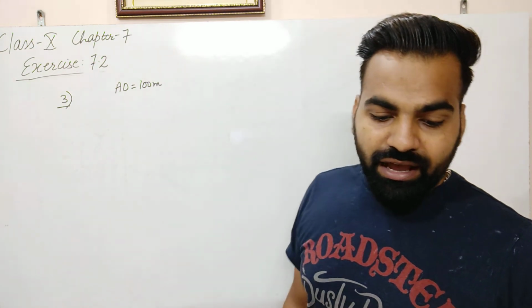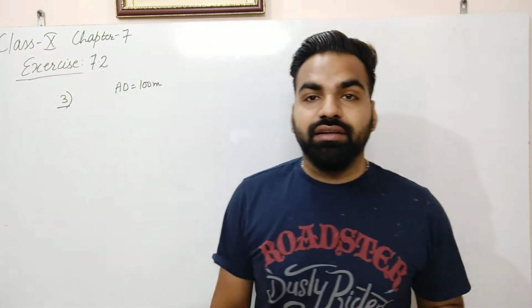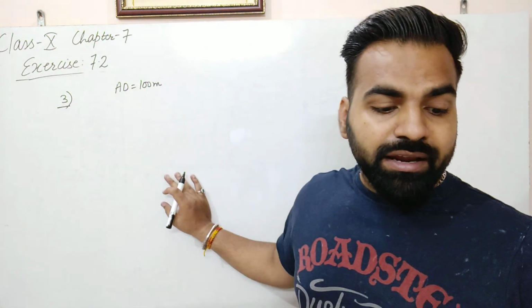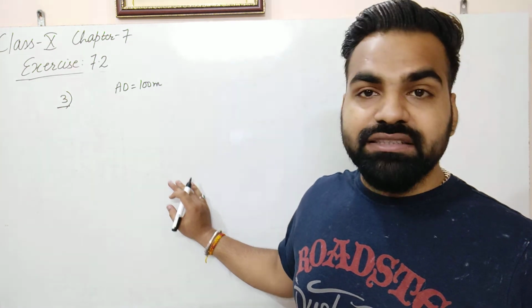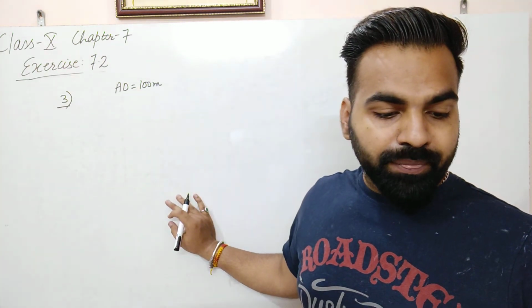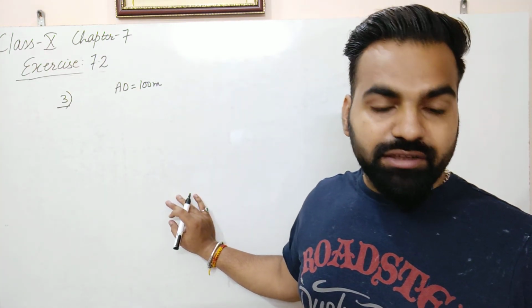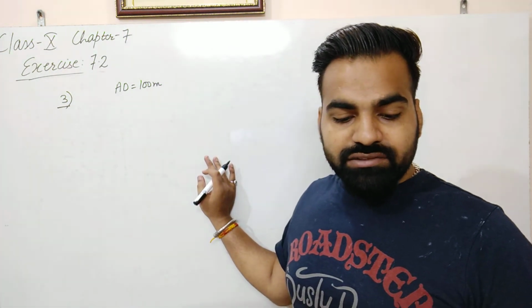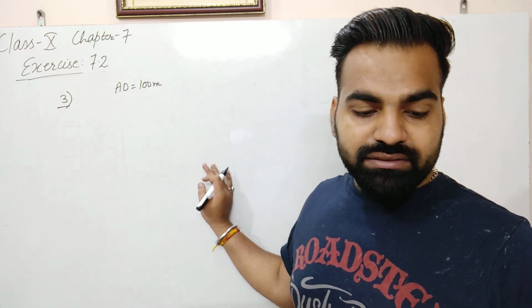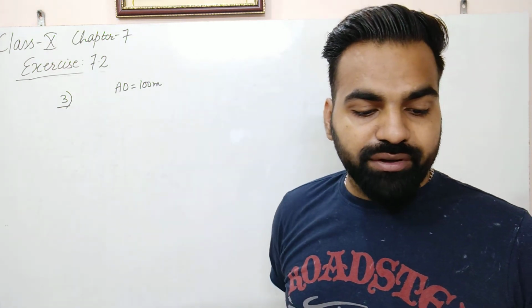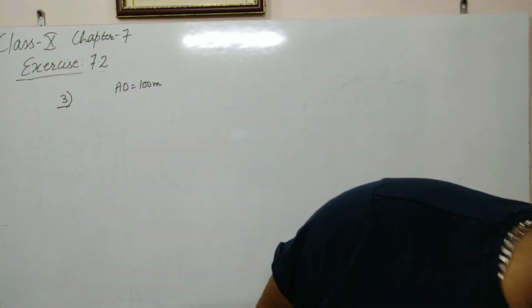As shown in the figure, Niharika runs 1/4 of the distance AD, that is 1/4 of 100 meter, on the 2nd line. And Preet runs 1/5 of the distance AD on the 8th line. What is the distance between both the flags? They put the flag after covering the distance 1/4 and 1/5 of 100. And next we have to find the distance between the two flags, and Rashmi has to put a blue flag exactly halfway between the line segment joining the two flags. Where should she post her flag? So let us do the first part.